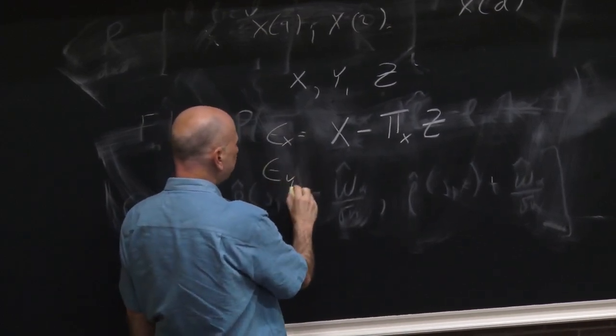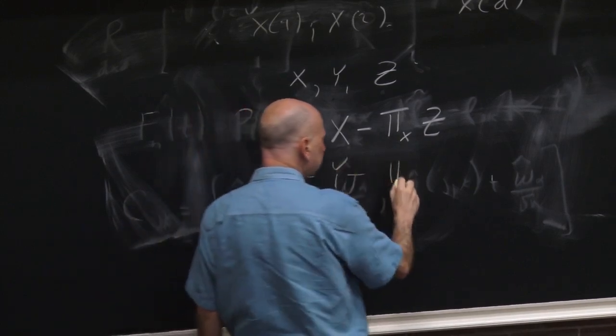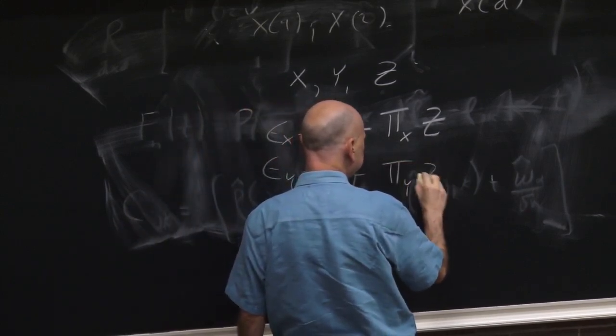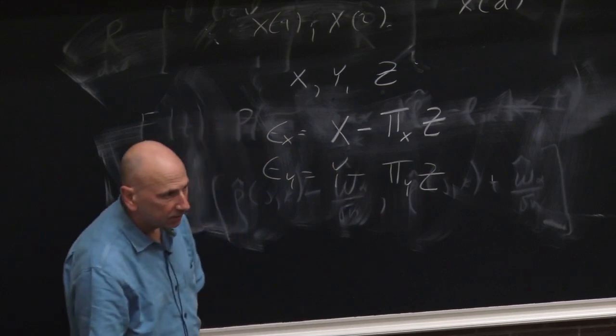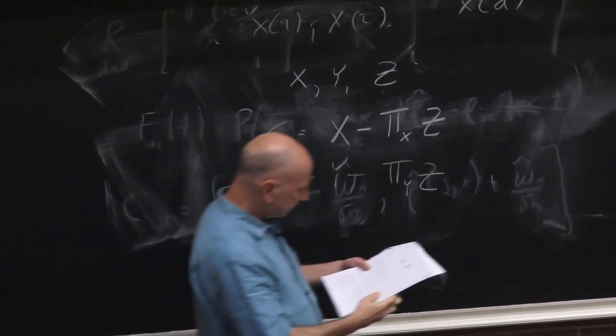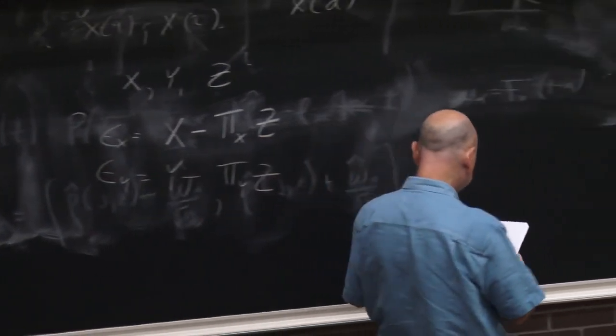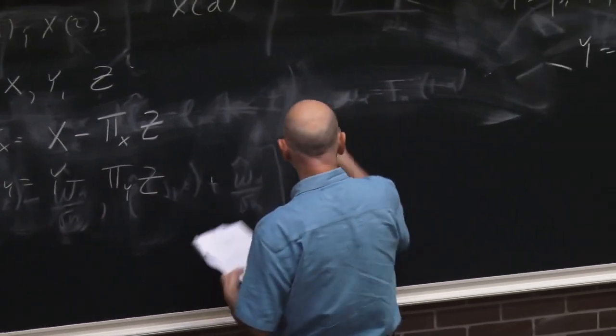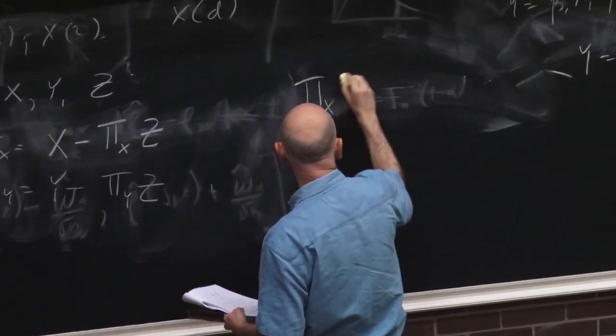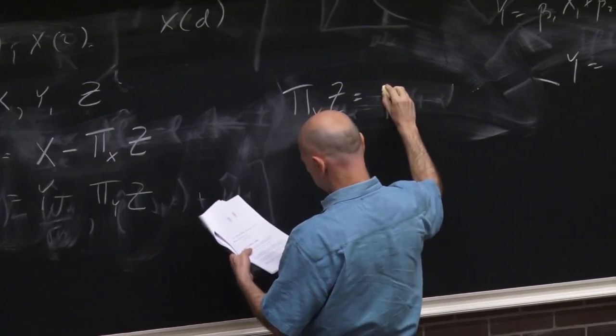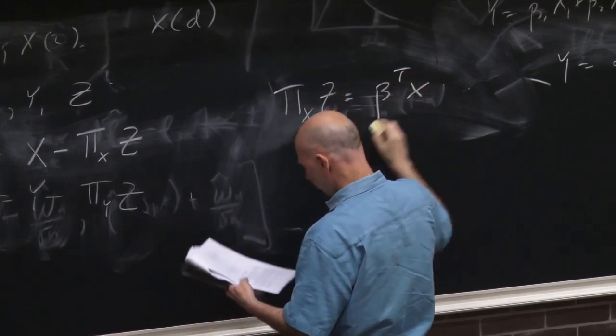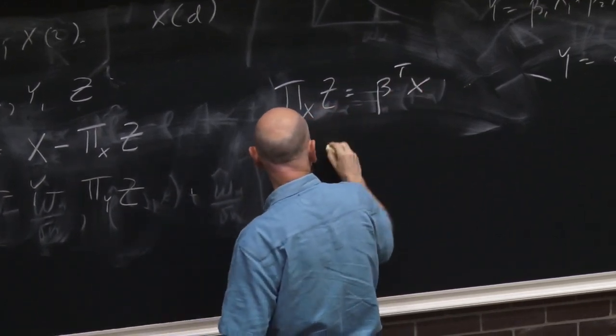And I do the same for y. I take y and I project it onto z. Okay, what do I mean by this projection? What I mean is the projection of z onto x is beta transpose x, where beta minimizes